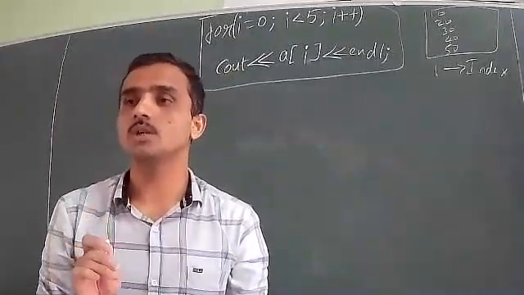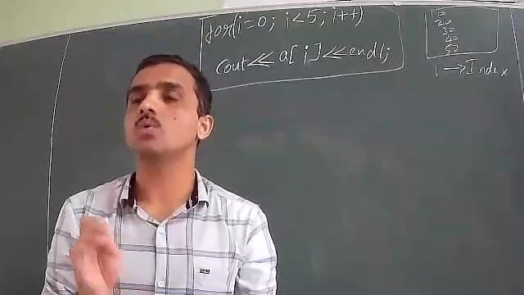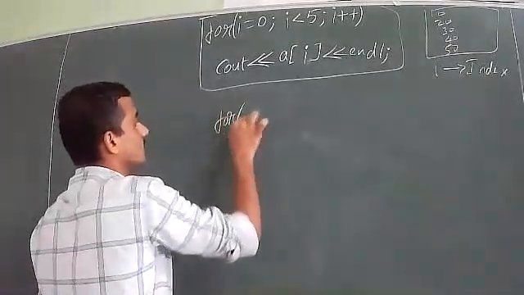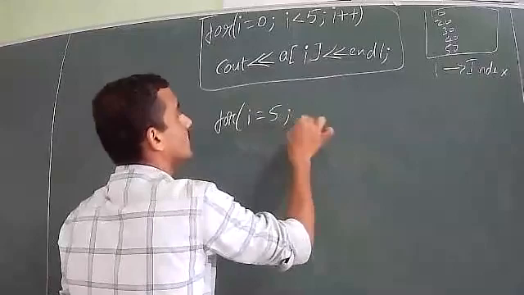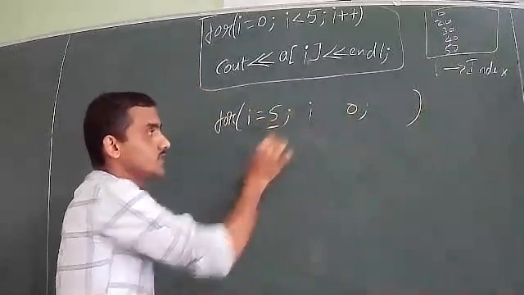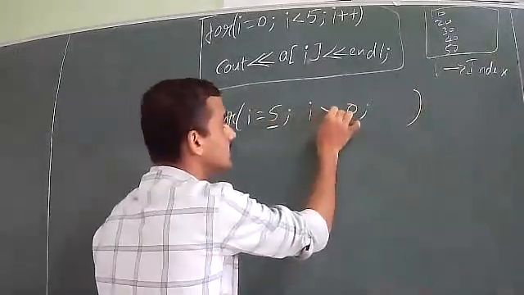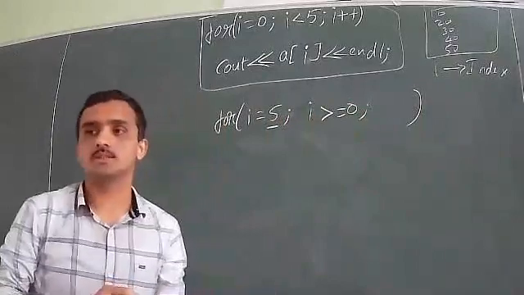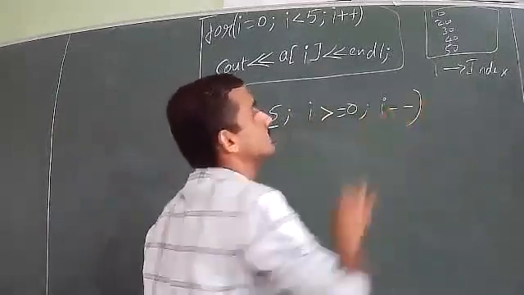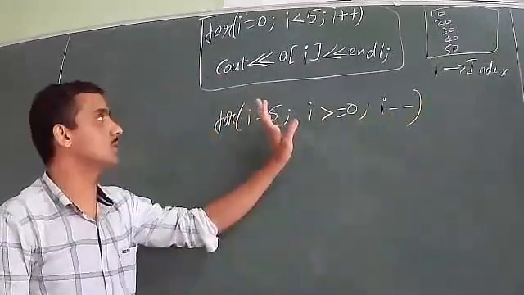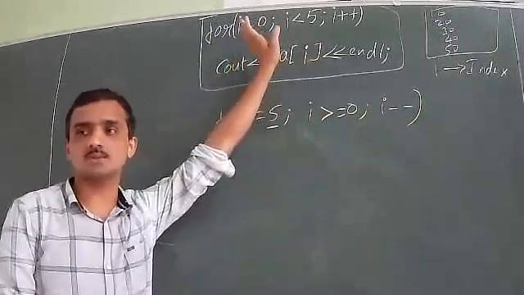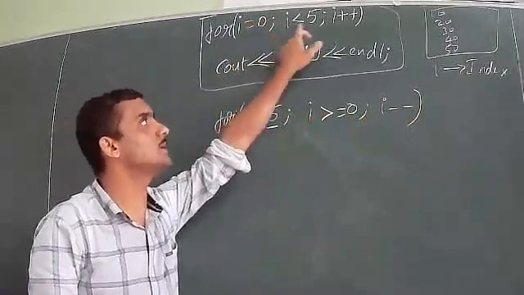You look at the notes, you try to understand the tracing, and you should know what to write in the exam. Say, suppose the for loop is like this, i = 5. You see now what I will do. If the initial value is more, then the greater than symbol will come, and it will become i--. So these are the tricks to remember the for loop. If the initial value is 0, that means it is less than the final value, so you put the less than symbol and write i++.